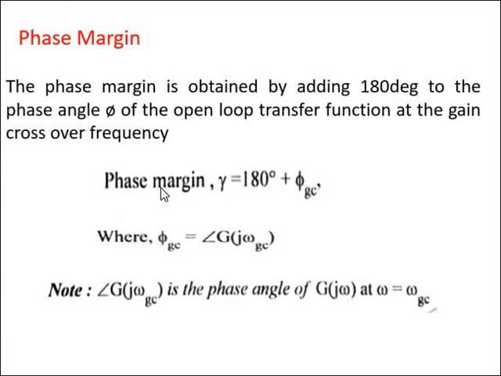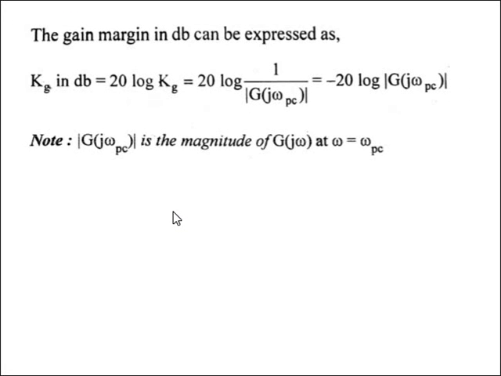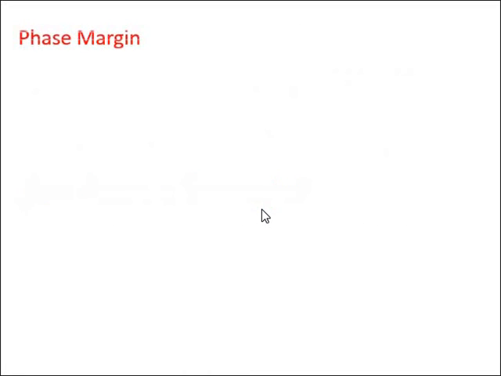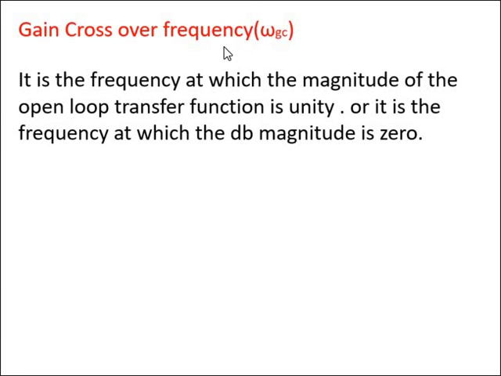So we can clearly observe four definitions: gain margin related to phase crossover frequency. Next one, phase margin related to gain crossover frequency. So we can observe this point. We can easily remember the definitions of these four. These four definitions are very important expected questions in 2 marks in external examination.